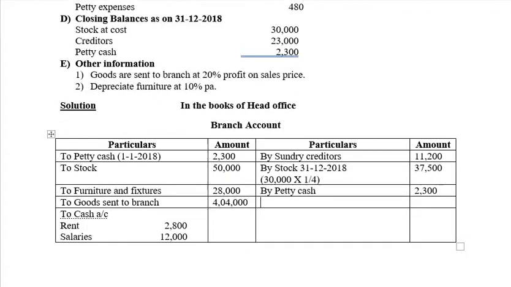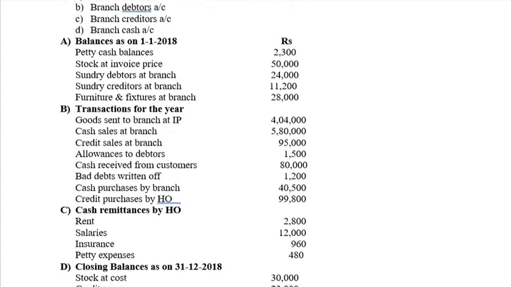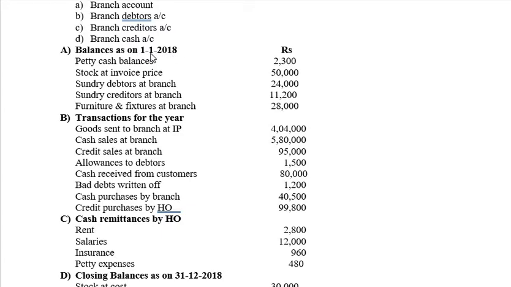Okay, the first one is in case of balances as on 1/1/2018: the petty cash balance. Now petty cash goes to the branch account to the debit side. Also look into the journal entries which I have told you in the previous class, but I will directly solve the problem. I will not concentrate on how the journal entries posting is done, but I have already given it in the previous classes, so please go through the journal entries so it becomes easy for you to understand the transaction. So here petty cash balance goes to the branch account to the debit side.